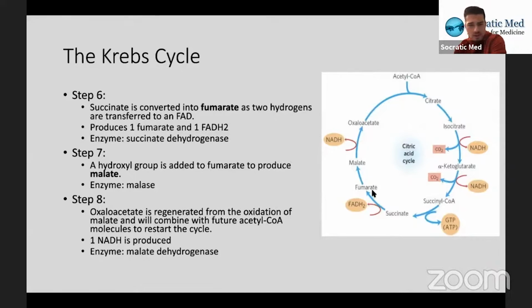So we're right over here. We have fumarate. Now step 7, we're just adding a hydroxyl group to that fumarate, and it produces malate. The enzyme that we use is malase. You can see that in all of these steps, we're basically just making little modifications to each of these molecules. Sometimes we'll cleave them, sometimes we'll add them, sometimes we'll just take off a functional group. And every time we do that, we're releasing a little bit of energy, or we're transferring a little bit of energy from,